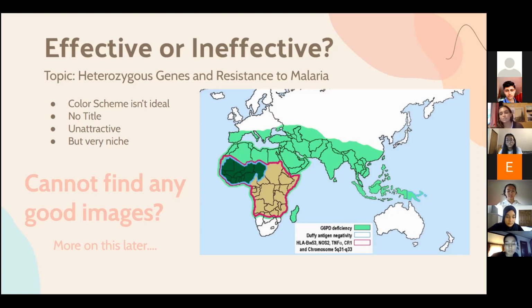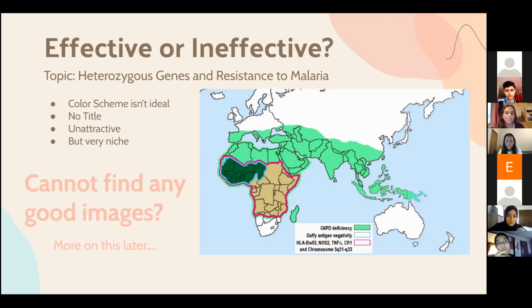So the same thing applies for your images or any graphics that you submit, that it should be something that someone who has no idea about the topic or even about any sort of scientific field can understand. So that's that. Also, it's very unattractive. It just doesn't look nice. I don't particularly like the font. I don't like the way it's laid out, but that's just me personally. Again, what we say is not gospel. You can disagree with us, but from the experience that we've had over the past few semesters and beyond for some of us,